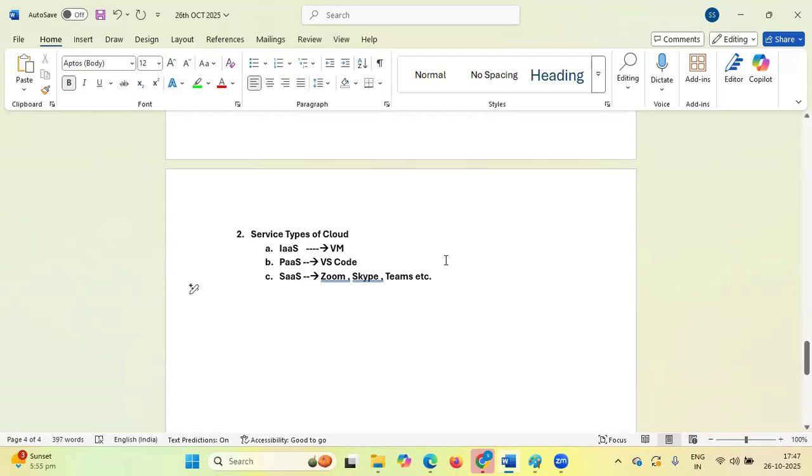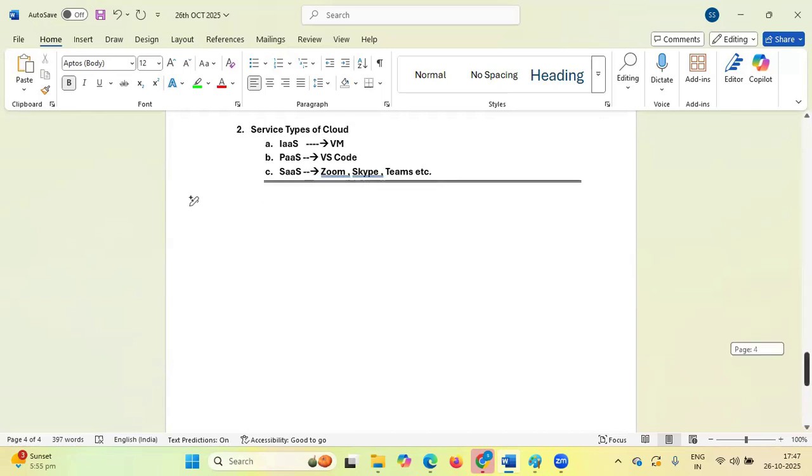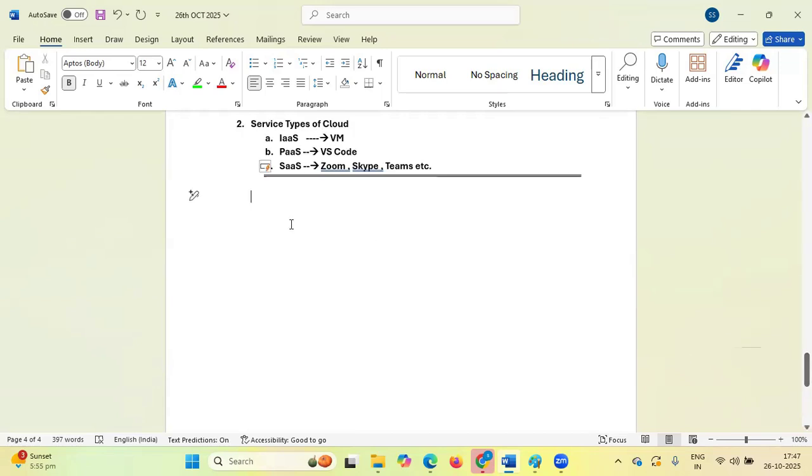Now, which tool are we going to cover? As I told you, DevOps requires everything, right? So in this particular syllabus, we are going to discuss Azure DevOps.